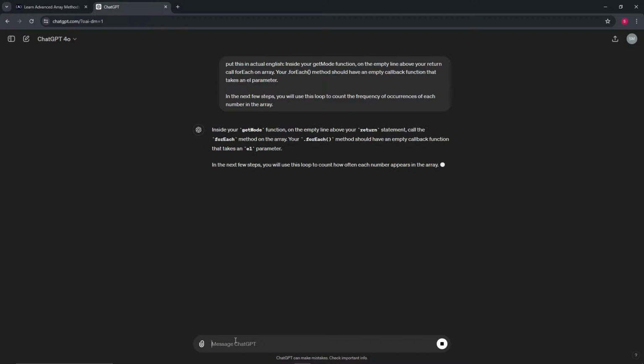All right. Inside our getMode function on the empty line above our return statement, we're going to call the forEach method on the array. Our forEach method should have an empty callback function that takes an L parameter. And in the next few steps, we're going to use this loop to count how often each number appears in